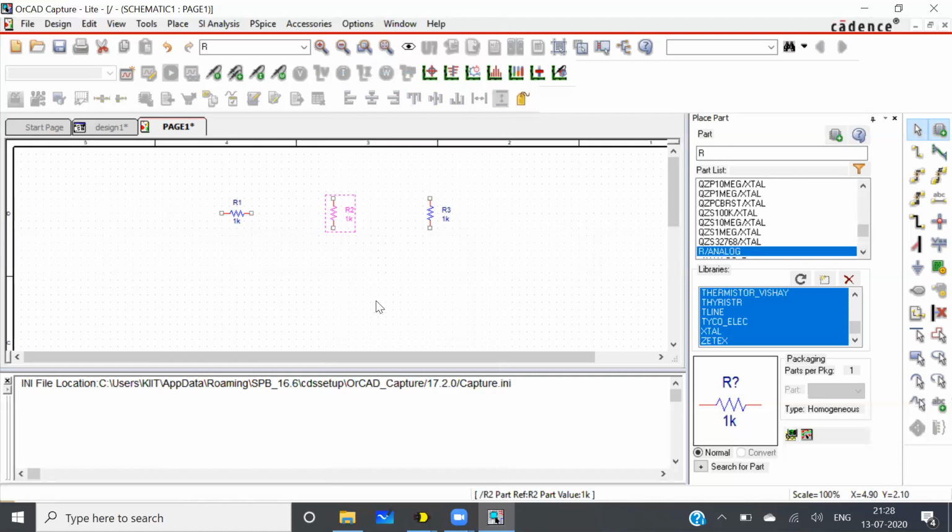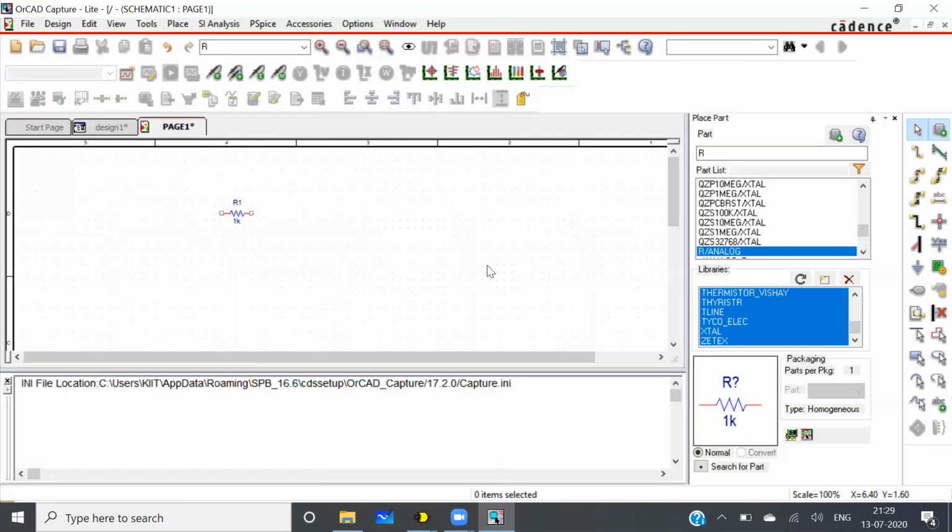For our Ohm's law verification, we only want one resistor. So I will remove these two resistors. If I want to remove something, you can select it. So I'm selecting these two. Then you press delete on your keyboard.